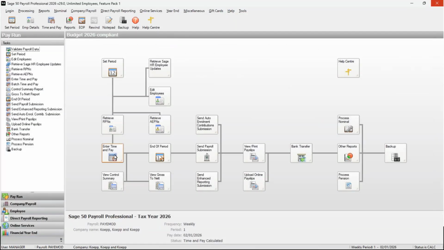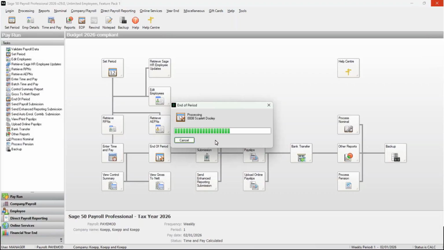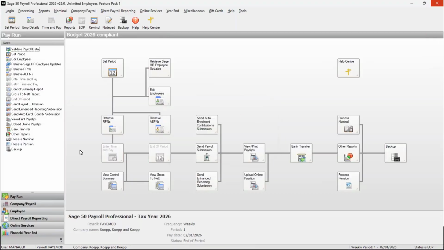So I've saved my time and pay. At this point, you would just process the payroll as usual, so I could go and view my control summary and my gross to net report, but I'm just going to skip ahead and run my end of period. So I'm at end of period for period 1 of the new year now, which means we are now ready